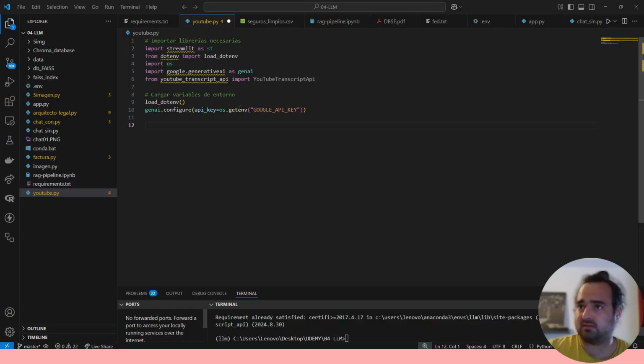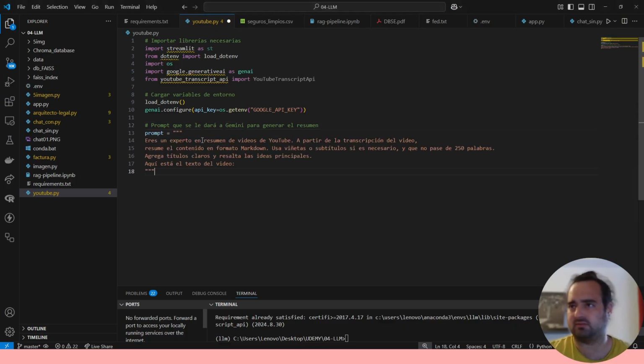So basically, this is the prompt that will be given to Gemini to generate the summary. In other words, what we're going to do now is basically an internal prompt. We'll give the prompt to the Gemini API to tell it, hey, you're going to do this function. And in this case, in a string variable, we'll tell it, you are an expert in summarizing YouTube videos based on the video description. Summarize the content in Markdown format to make it look nicer, use bullet points, subtitles if